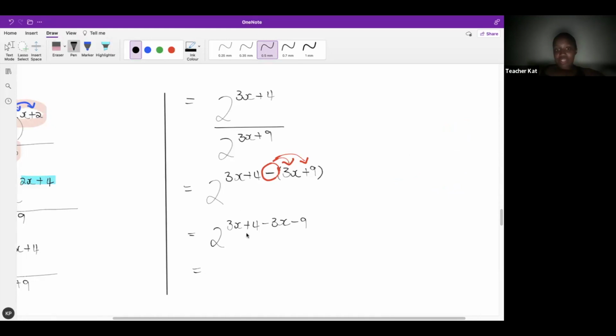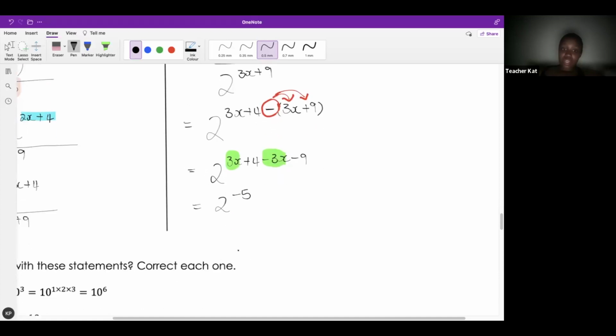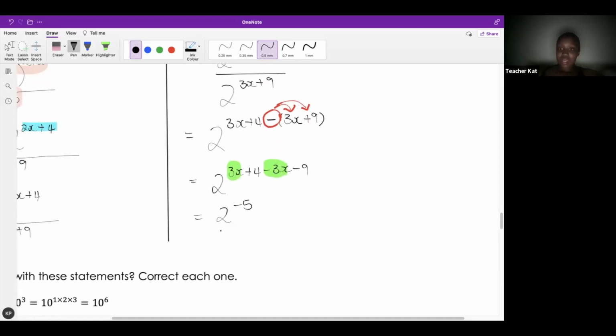Okay, let's go to our final step. Like terms are both my 3x's. What's 3x minus 3x? 0. X again has vanished. And what is 4 minus 9? 2 to the power of negative 5, which I can rewrite as a positive exponent as 1 over 2 to the power of 5, but I can solve 2 to the power of 5, so I'm going to rewrite it as 1 over